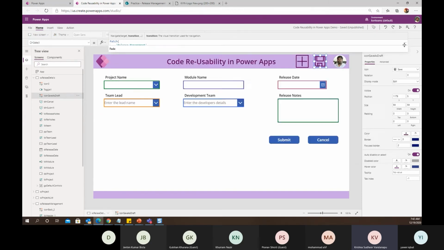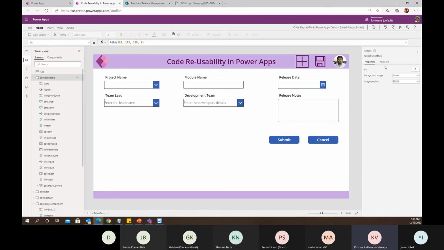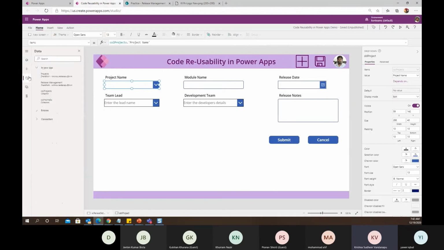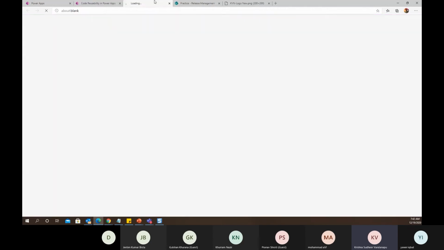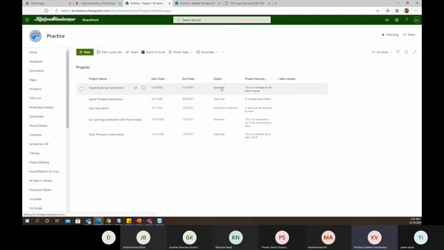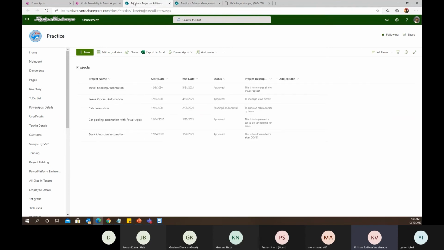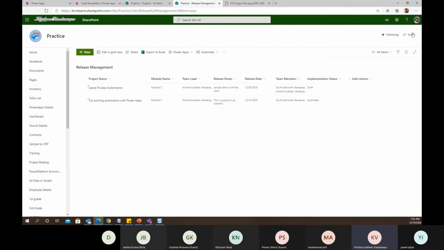If I want to create a global code reusable block, what is the business case? If you see here the project name, I am getting the project name from another list called project names. Why I did that is I have a requirement from the user that I should show only the approved projects in my drop down. I can create this project as a lookup column in my SharePoint list as well. But the challenge here is if I go to